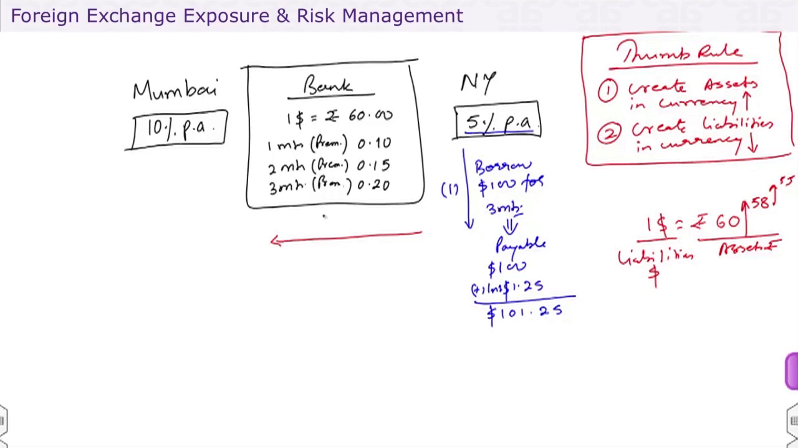So the second step would be that you convert $100 at the spot rate. How much do you get? 60 rupees is your spot rate, so you are getting 6,000 rupees. Now